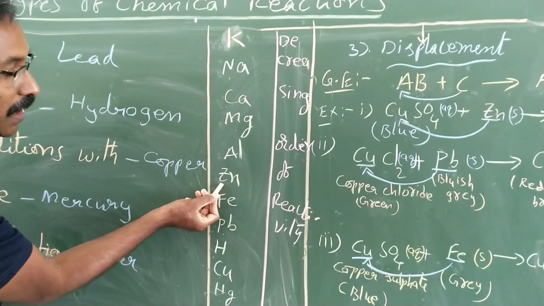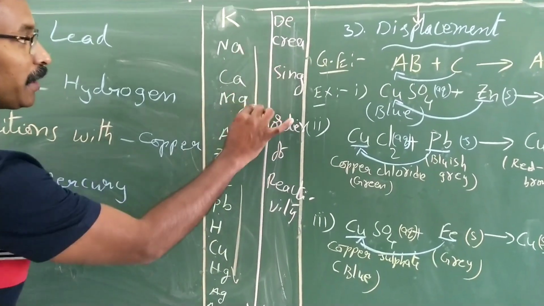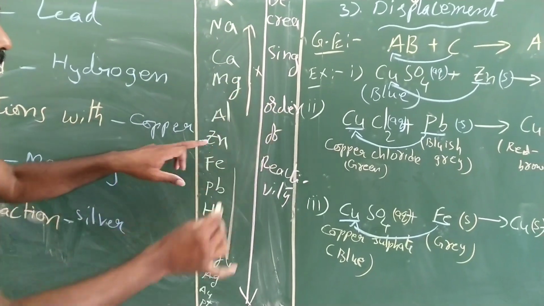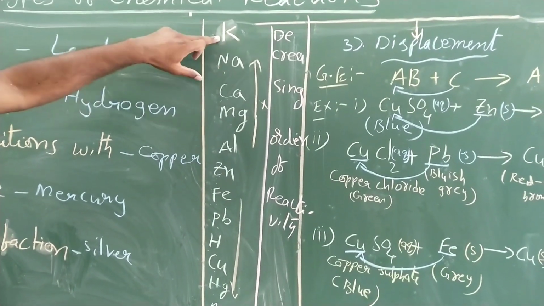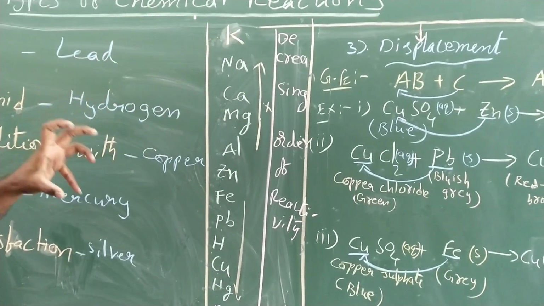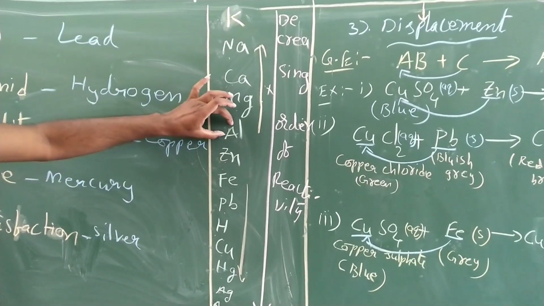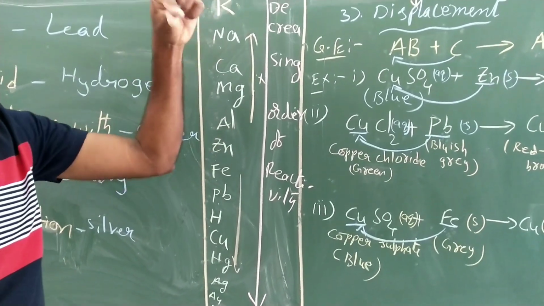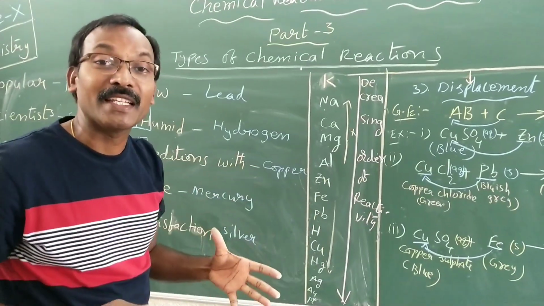Similarly, if you take the zinc, zinc can displace the elements which are down to it, but it cannot displace the ones which are above it. Okay? It cannot displace aluminum, magnesium, calcium, sodium, or even potassium. That means if two elements are given to you, for example, aluminum and the zinc, and aluminum sulfate or the zinc sulfate solution is given, and they drop aluminum as well as the zinc, in which solution what can be displaced?